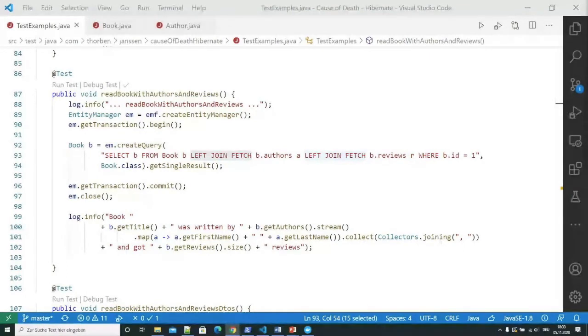There's a main difference between a list and a set. In a list, you can have multiple identical entries. You don't have that in a set. So that means you could model a to-many association in which you have multiple associations to the same author.